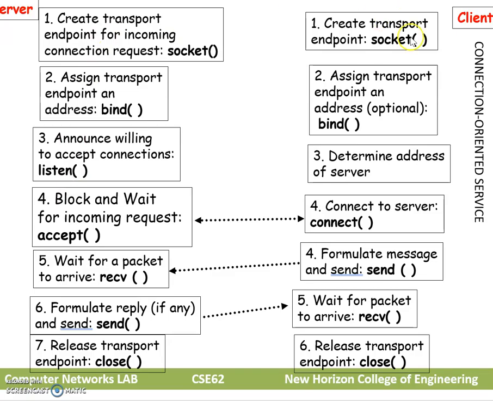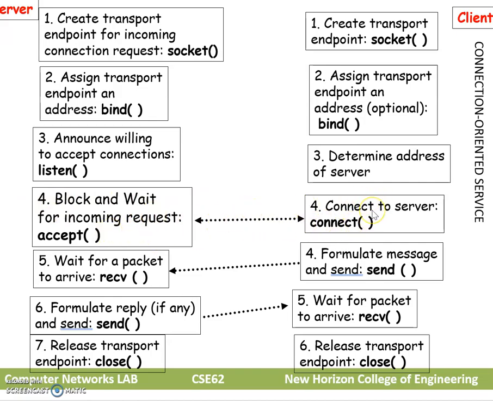The same way you can see on the client side also. First, you have to create a socket, then bind the address with the socket. Then for connecting to the server, you need to know the address of the server, so determine the server address. Using the server address, we connect to it. Connect is the function, and you give the server address as the argument. On the server, the accept function waits for the incoming request. Once the client makes the connect request, both the server and client have a logical connection.